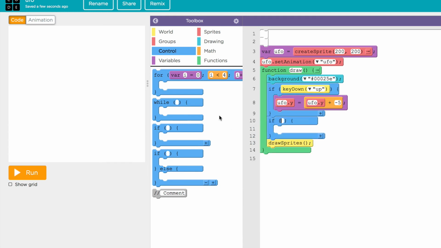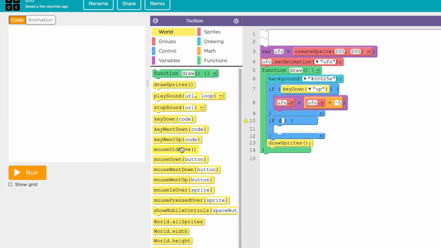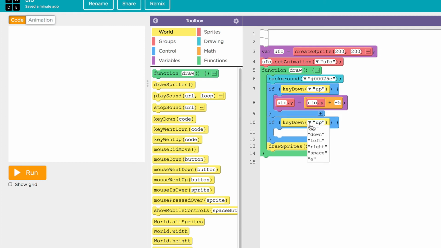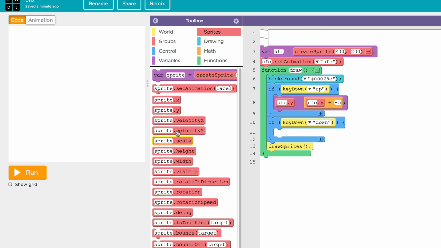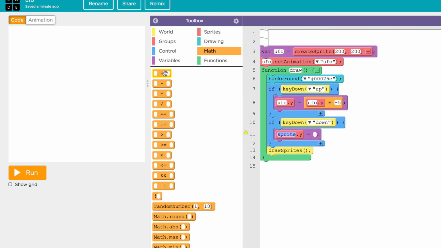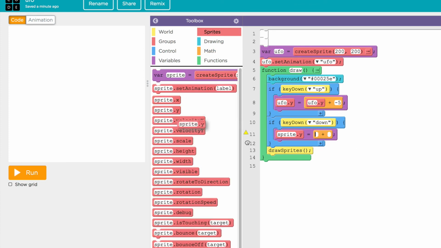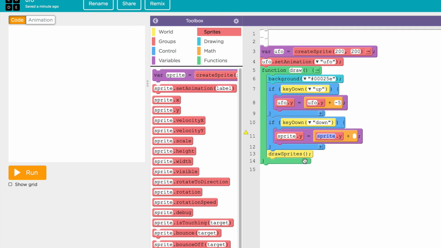It's not that hard. I'll bring over an if block and go get a key down. Now I'm going to write this little block for the down arrow. Again, you could copy and paste here. I'll just do a sprite.y, get a math block, a plus block, and go back and get another sprite.y. And that's going to be UFO.y equal